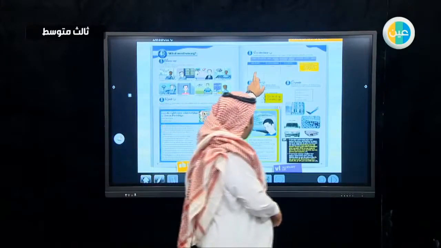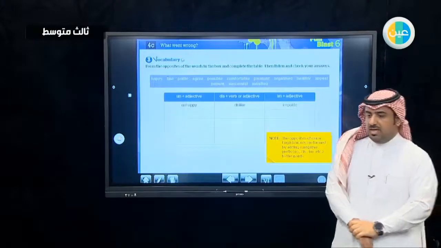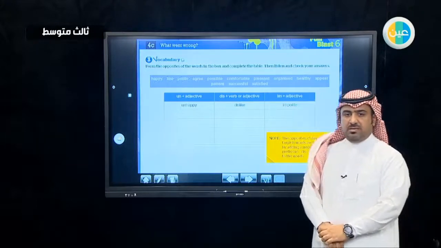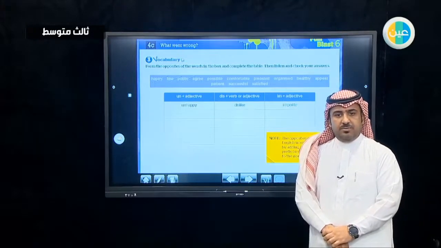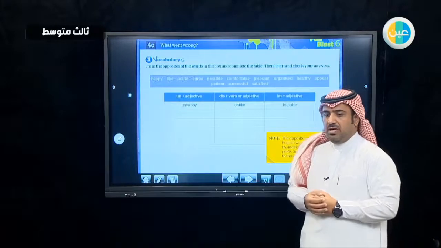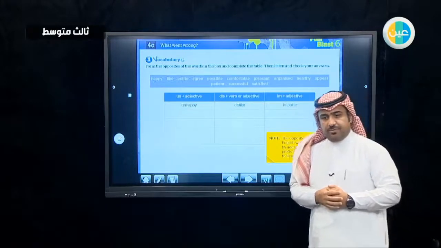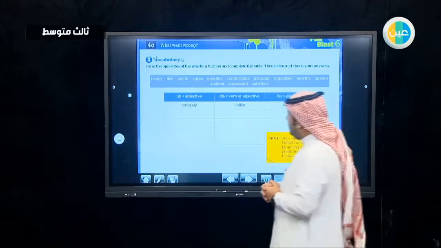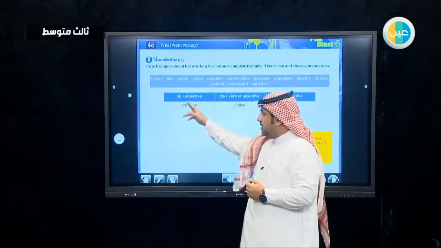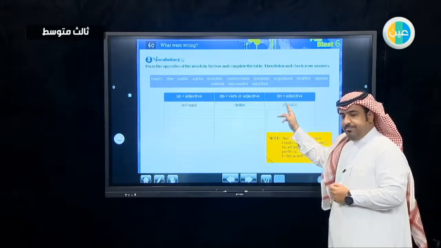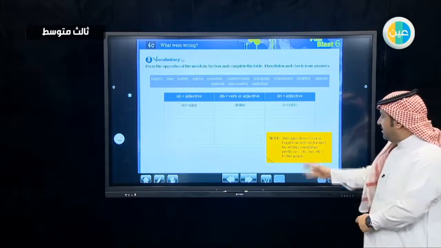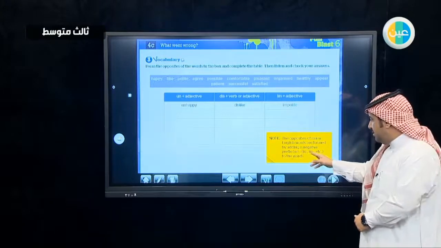Now let's go to the vocabulary exercise. Here we are going to learn about the prefixes that indicate the opposite meaning of a word, either if it is an adjective or a verb. Today we are going to learn about three different prefixes. They are un, dis, or im. The opposites of many English words are formed by adding a negative prefix, like un, dis, im,